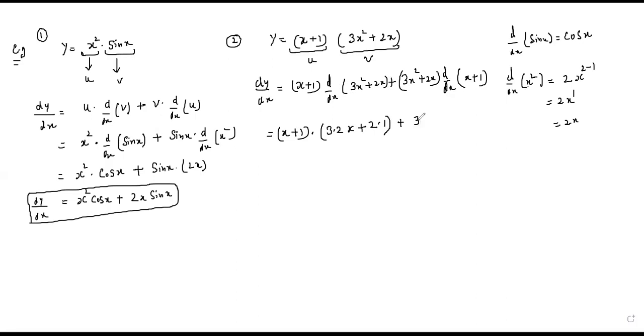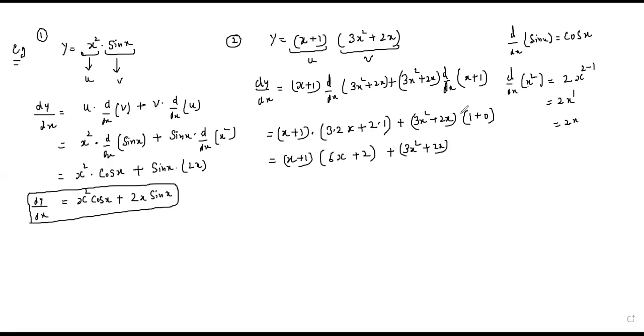Plus 3x square plus 2x as it is, derivative of x is 1. Derivative of 1, a constant, so derivative of a constant is 0. So this is (x plus 1)(3 times 2, 6x plus 2)